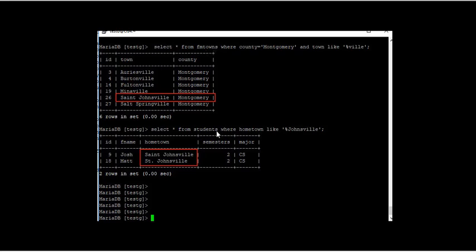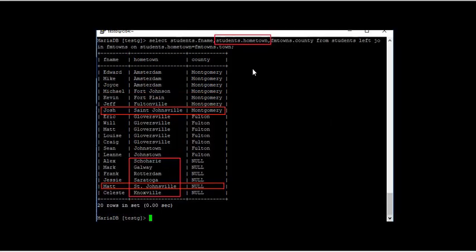But let's look at the student table, because it turns out we have a hometown like Johnsville. We found that Josh is from St. Johnsville, but Matt is from St. Johnsville spelled differently. It's going to have impact. Students.hometown, students, okay, so what we're doing here is we see that Josh is showing up from St. Johnsville, Montgomery County, but Matt is not showing up. We don't know what county he's from, because he's from a town called St. Johnsville. So if they are not a match, even though they might mean the same thing, they're not a match,